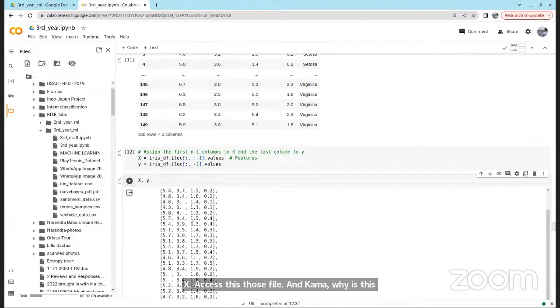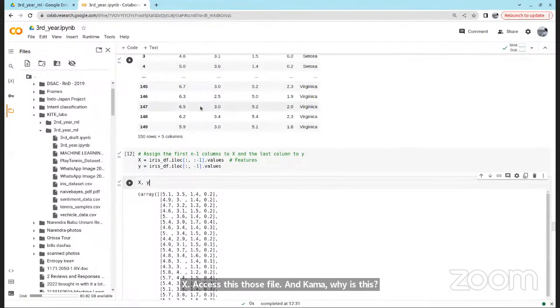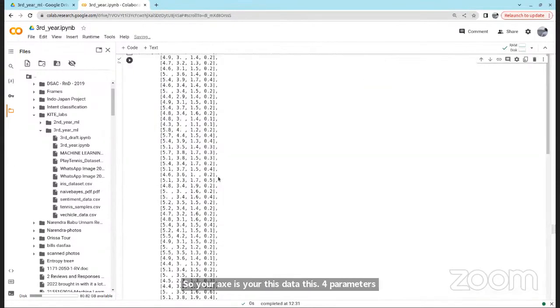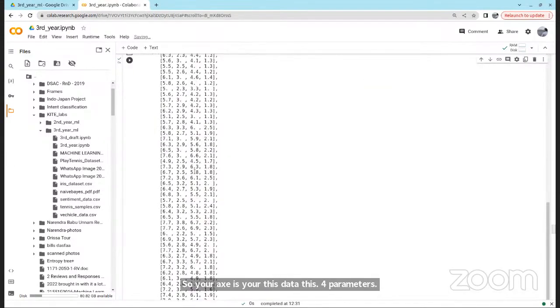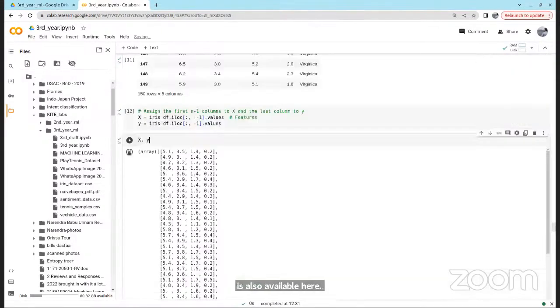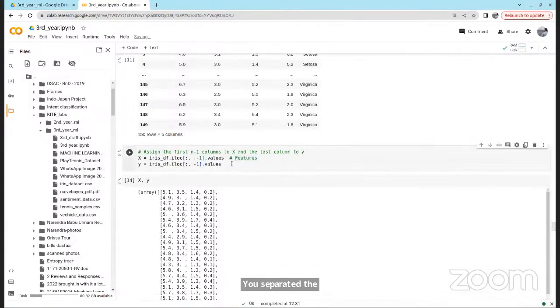So your X is this data, these 4 parameters. You have it here, and the array Y is your target. That is also available here. You separated the data. This is the features. This is the class.